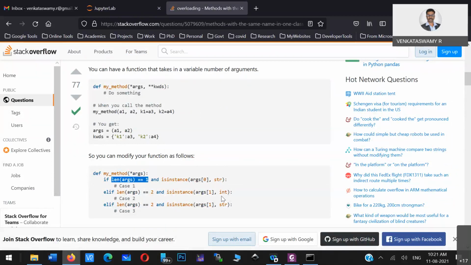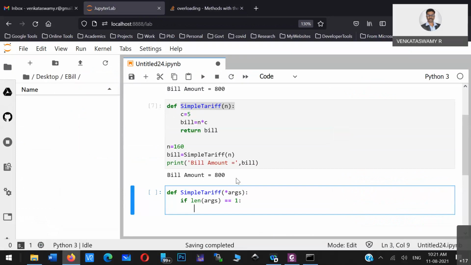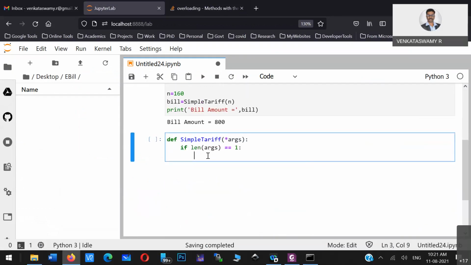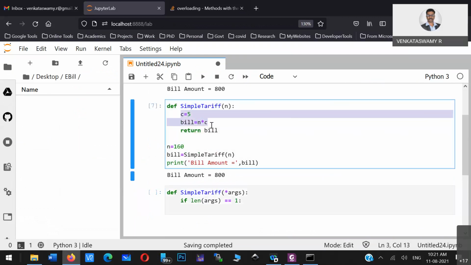Okay, so the length of arguments is equal to 1, then do this particular part. So now what is that part? Simple tariff. If the length of arguments is 1, we just have to do this, correct?